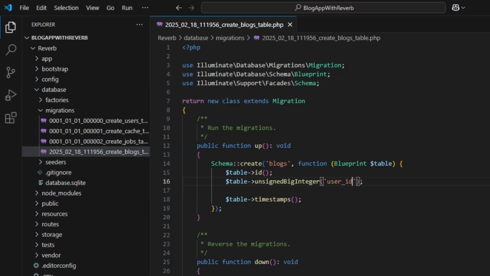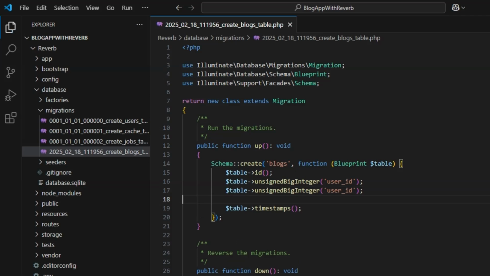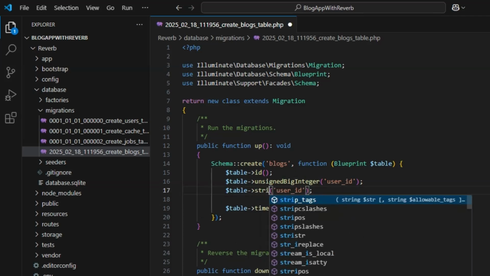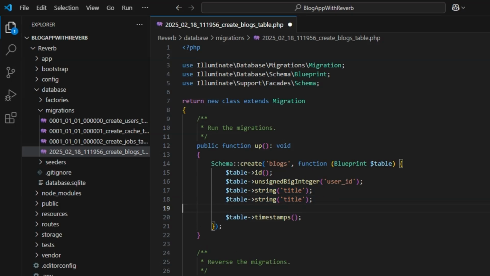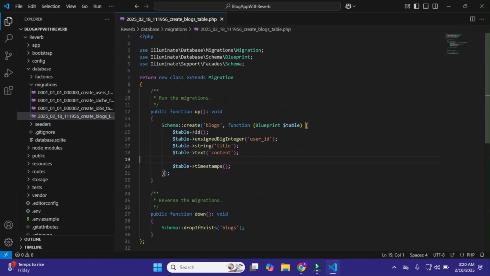Okay, and after it I have this table string, and within string I have text title. Okay, and after it within text I have this content. Okay, that's it. We simply need these columns in my blocks table.